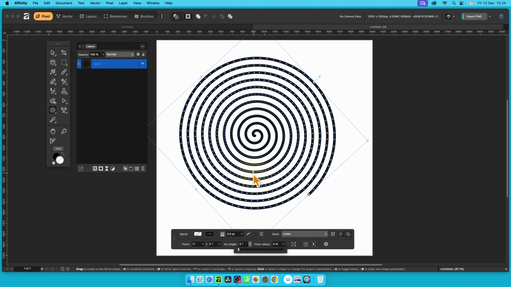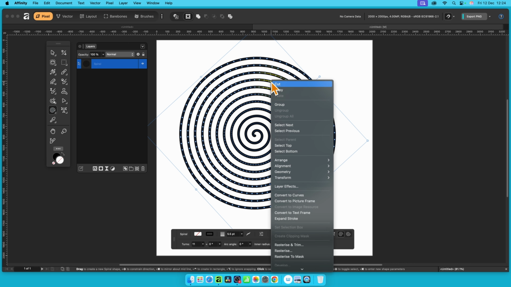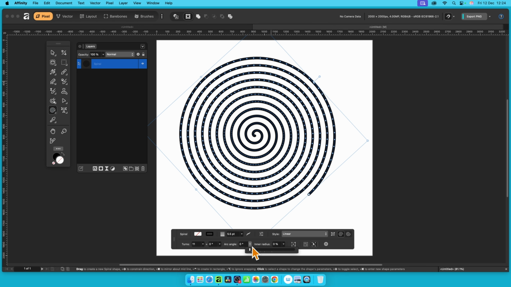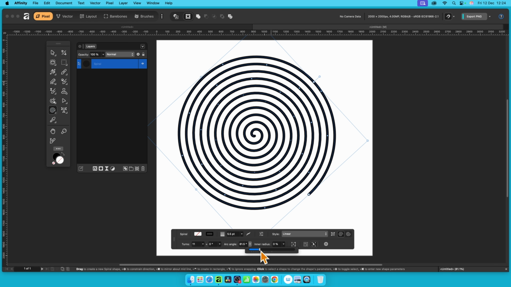and then you get so 0. If you go for 0, you will get lots and lots of nodes to be able to work from, which is great if you convert this to a curve, which you can always just, any point, don't have to keep it as a spiral. You can always right click and convert to curves. And that means you'll be able to modify the individual nodes, maybe create sort of spiky designs, curved designs, different ways, stretch out the arms in different places. So I'm not going to do that here. And I'm just going to put it back to 90 because I don't want that many, but